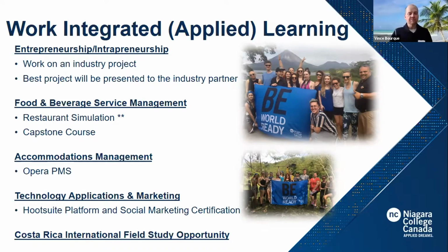That's something you can put in your resume, that you've already done the new employee computer-based training for that particular software. And then in technology applications and in the marketing course, you do a Hootsuite certification. I'm not sure if you're familiar with Hootsuite, but it's basically an online social media platform where people can integrate all of their social media